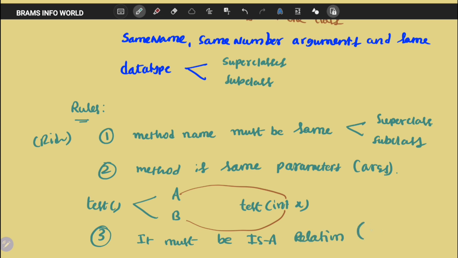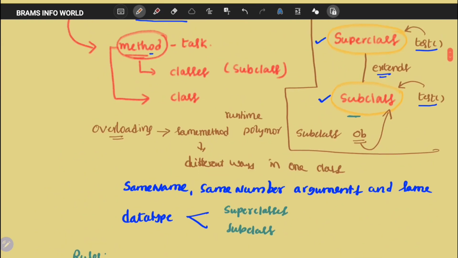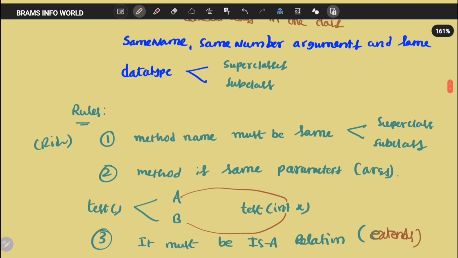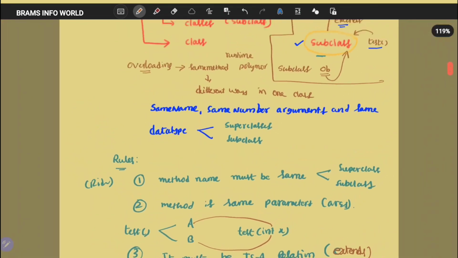So that means we require the keyword extends. There is a relation required, and the relation is extends.